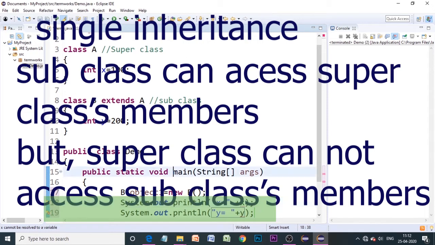We have the main method which is defined within the demo class, whereas x and y are not declared over here. x and y belong to some other classes.